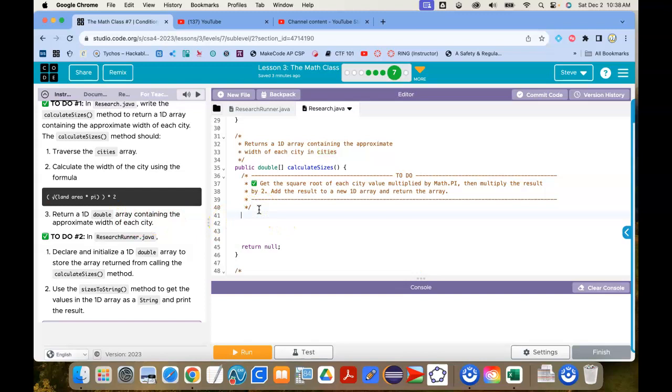So I'm going to create a new empty array. I'll put it here. It's a double array, and I'll call it width. And this is going to be a new empty array to start with. It's going to be a new empty array that takes double values, but the length of it will be the same as the length of the cities array. So I'm going to take the cities dot length. So I've created that empty